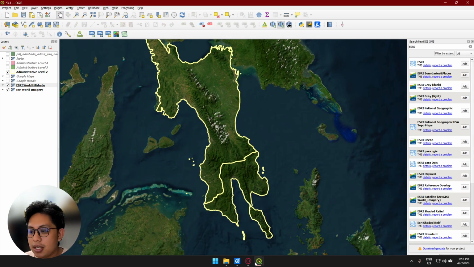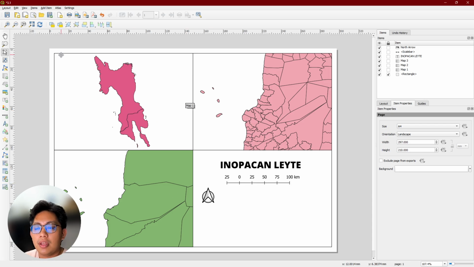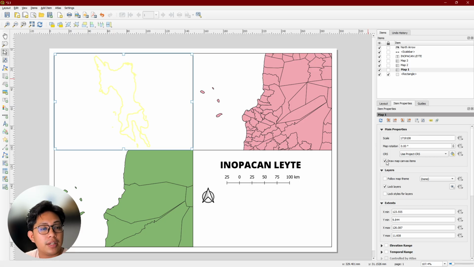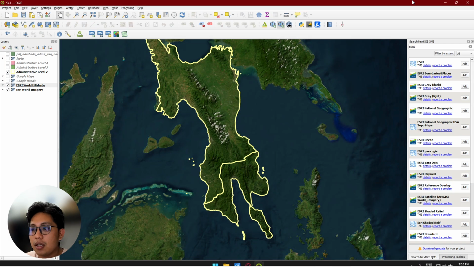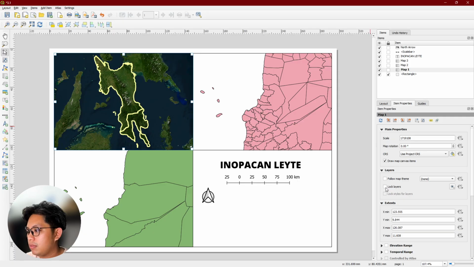So I want to see how it looks on my map, this one. So I'm going to click map one and just double click map canvas layers. Why is the other one not showing? Oh, my bad. The layer was locked.